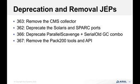Oracle had made the decision. They said, well, CMS is quite like G1. G1 is better as a collector. We don't want to have the overhead of trying to maintain two similar collectors, so we'd rather just focus on G1. Some people have said, well, there are situations where CMS works better than G1, which may be the case,